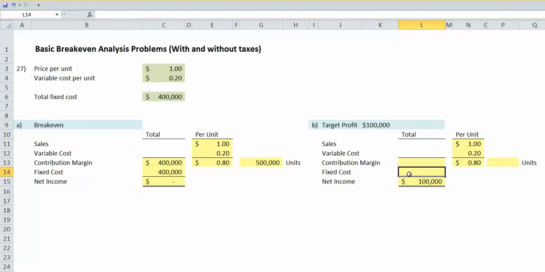Our fixed costs were 400,000, which means we will need to earn a contribution margin of 500,000, which is the fixed cost plus our target profit. At a contribution margin of 80 cents per unit, we're going to need to sell 500,000 divided by 80 cents per unit,